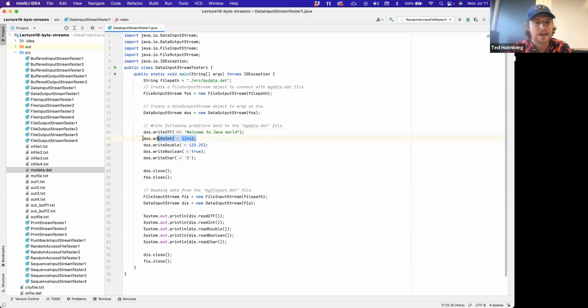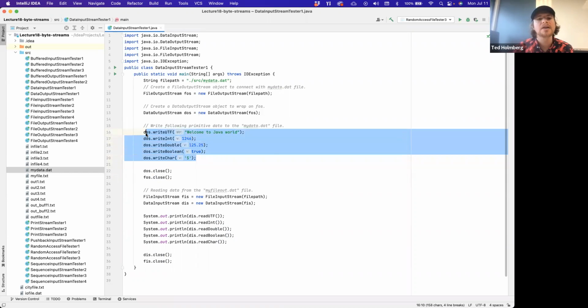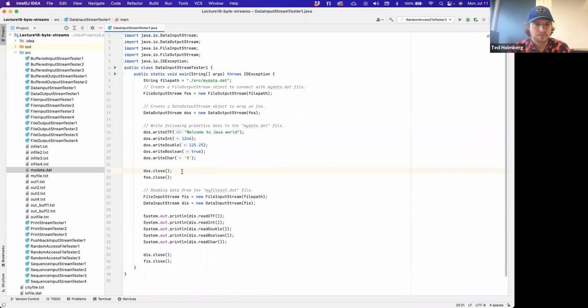So we can take an integer value and write that into our output stream. We can take a double value and write that to our output stream. We can take a Boolean value and write that into our output stream. And finally, we can take just a character and write that into our output stream. So these are all the different types of primitive data types and strings that we can use a data output stream to write. Then what we're going to do is close our output stream,